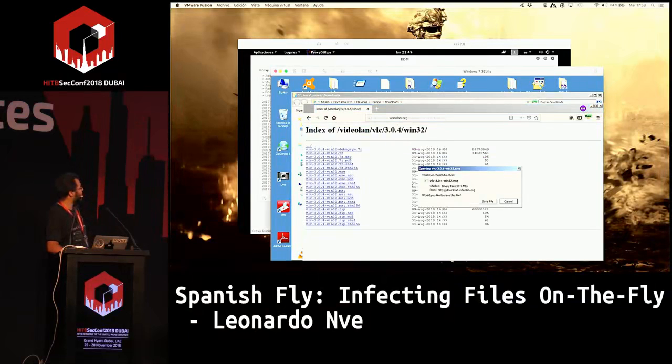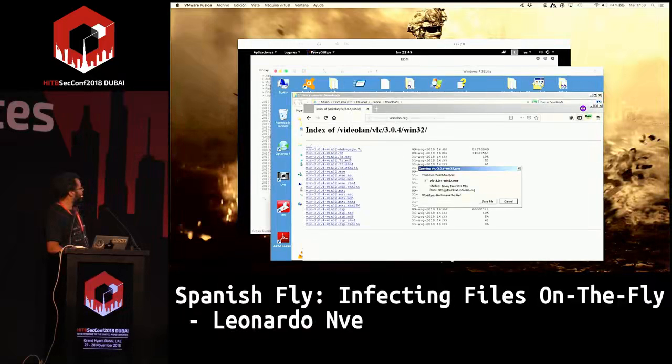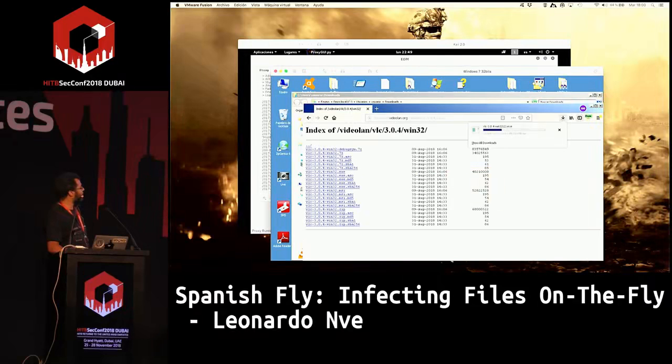Okay. We see here it's starting to work. Save file, and as we see, the same process. Now we see that the size is a little bit bigger. The speed is the same, so there are no problems.